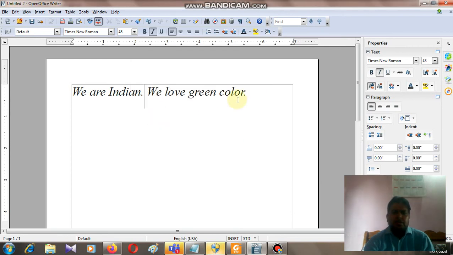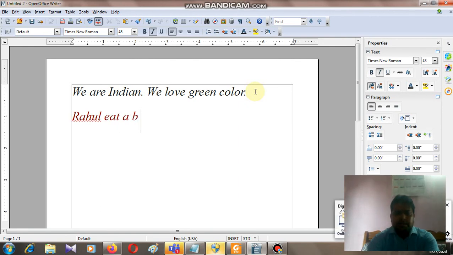And there is a shortcut key also. Once again, look, if I'm writing Rahul eat banana, actually the grammatical error is not showing, and all the spelling is correct.